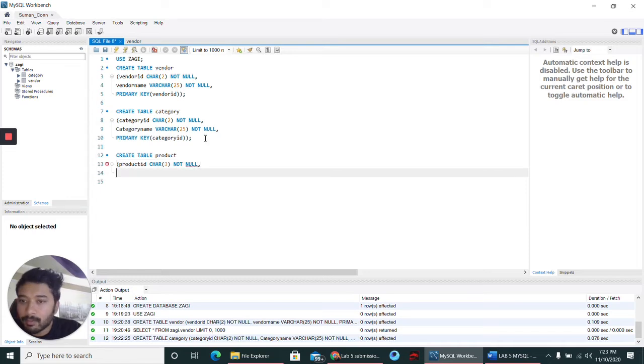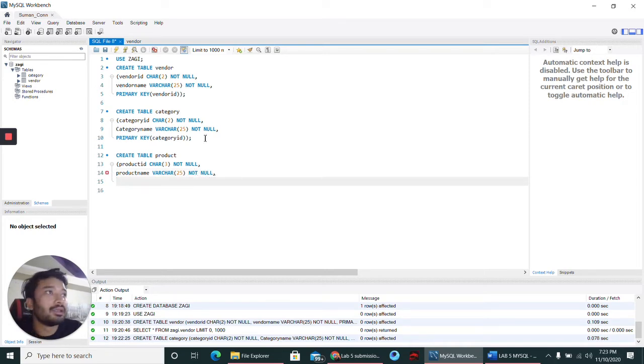Okay, and we have product name, variable characters, gonna be 25, not null, and we're gonna have another one that is called product price, and for this one we're gonna have numeric, says 7,2. Okay, gonna be not null,